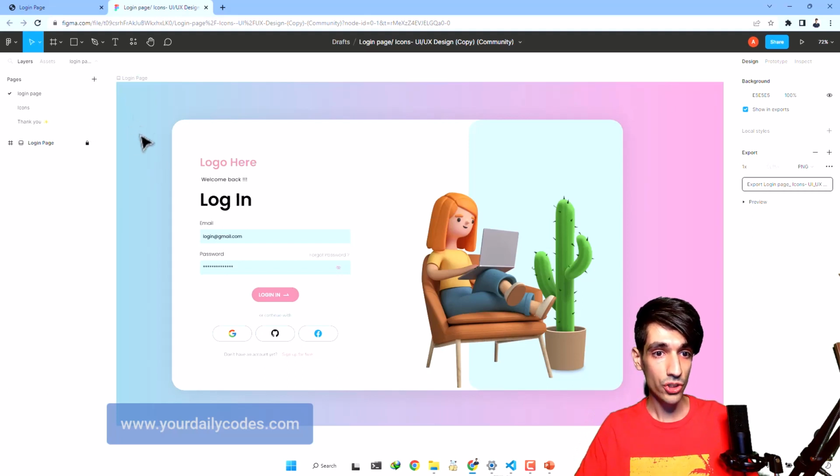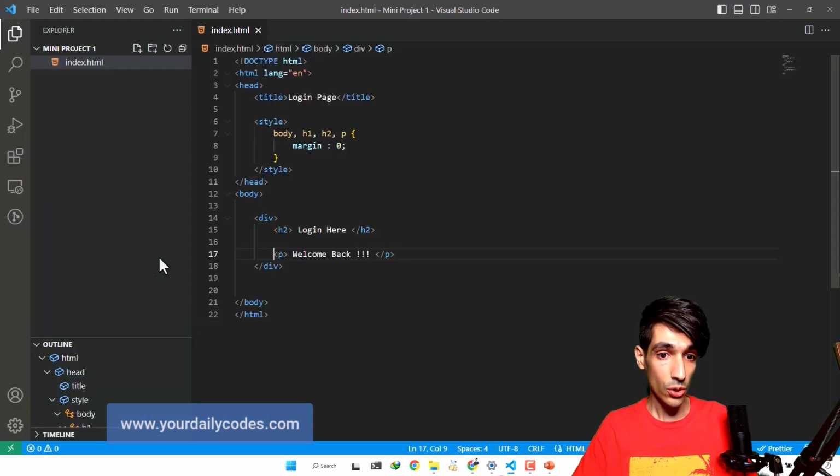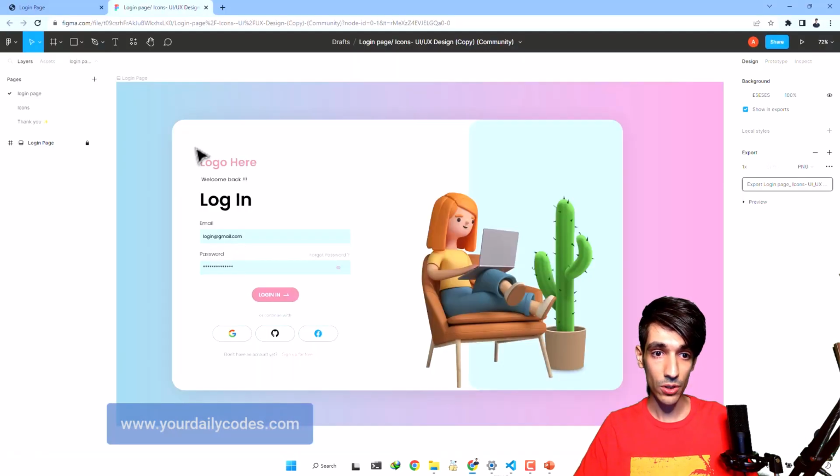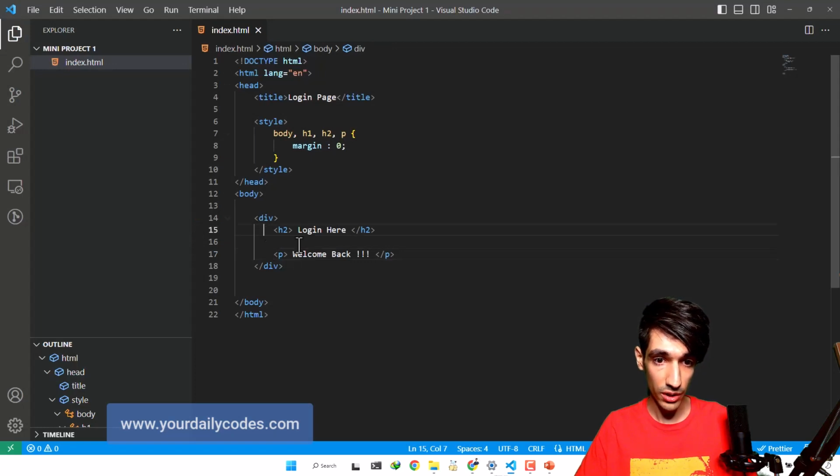We will use margin or padding to create a space between this card here and the space around it. So we have a division for that card, we have a division for this white space area and this blue area. So let's